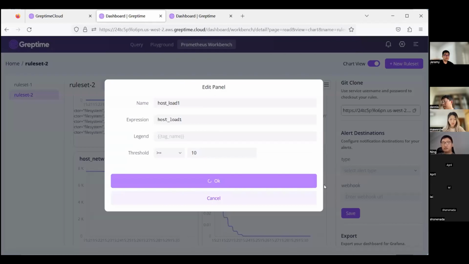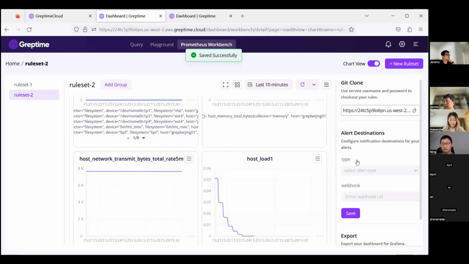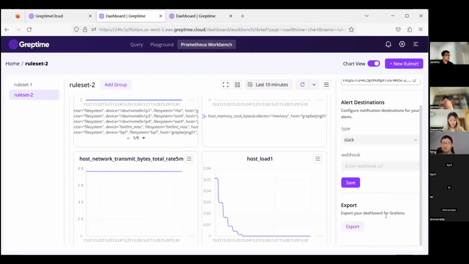You can configure the alert destination to your original Alertmanager, or directly to Slack or other destinations. If you are a power user of visualization and alerting, you must have been using Grafana. Here you can export this dashboard to Grafana for further customization.